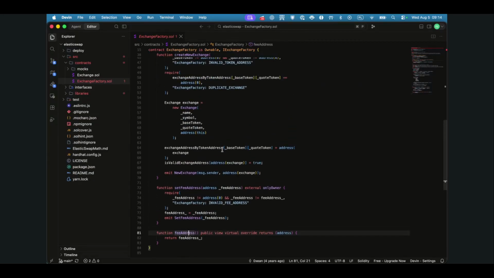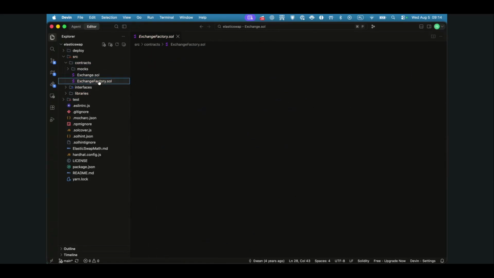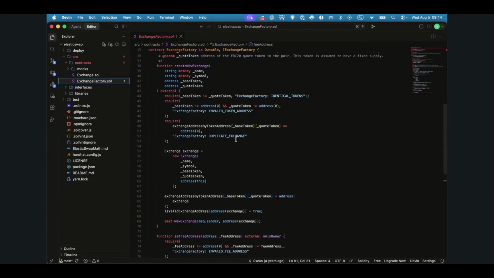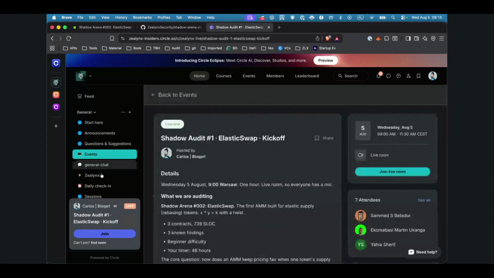There is something interesting that I just remember from the top of my head, but it should be in the factory. Wasn't it supposed to double check that one address was bigger than the other, the order matters, something like that. And here it skips a few things. I'm wondering, let me open the circle here, because I think I did